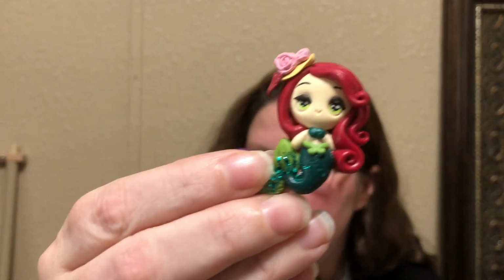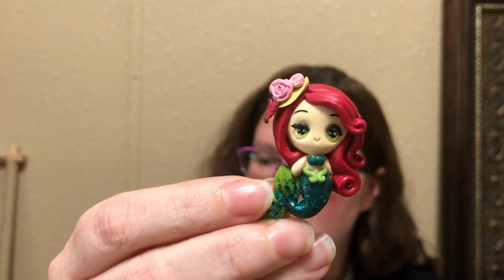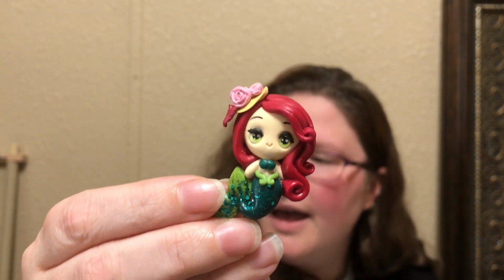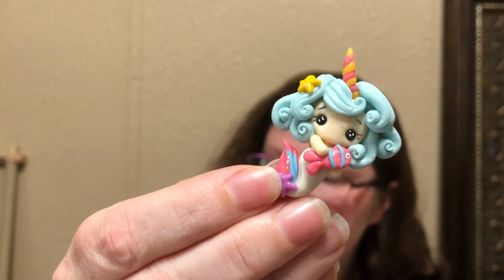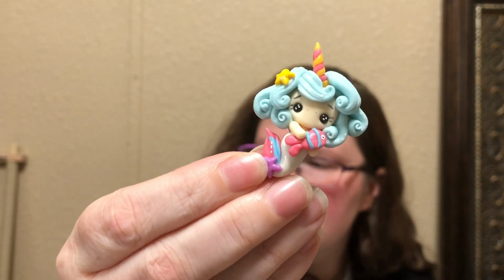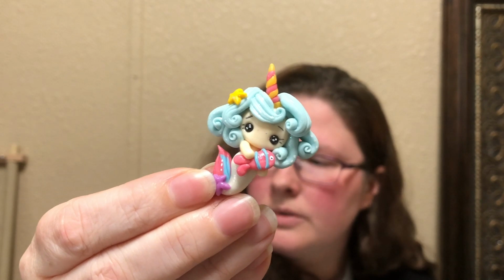I did get 2 needle minders. Just trying to see if I had her card. Don't know what I do with it. But these needle minders, isn't that adorable? So cute. I am so happy with these. So I got that little mermaid, and then this one, my daughter thinks this one's great. It's a little like unicorn mermaid. She's cute. She's adorable. So I got those from House of Ming,